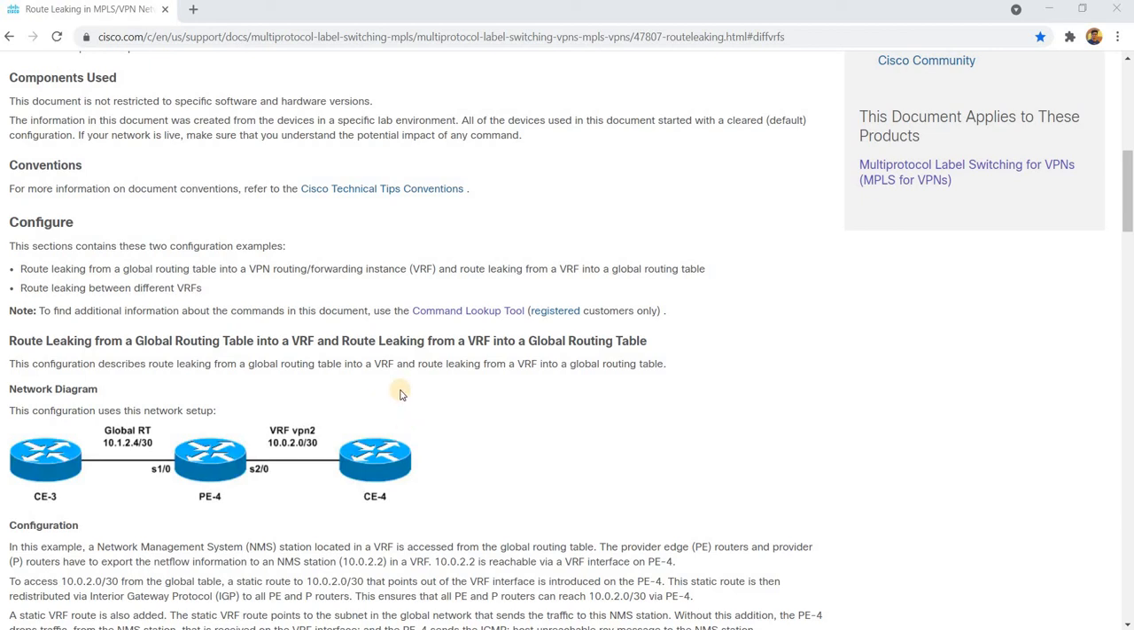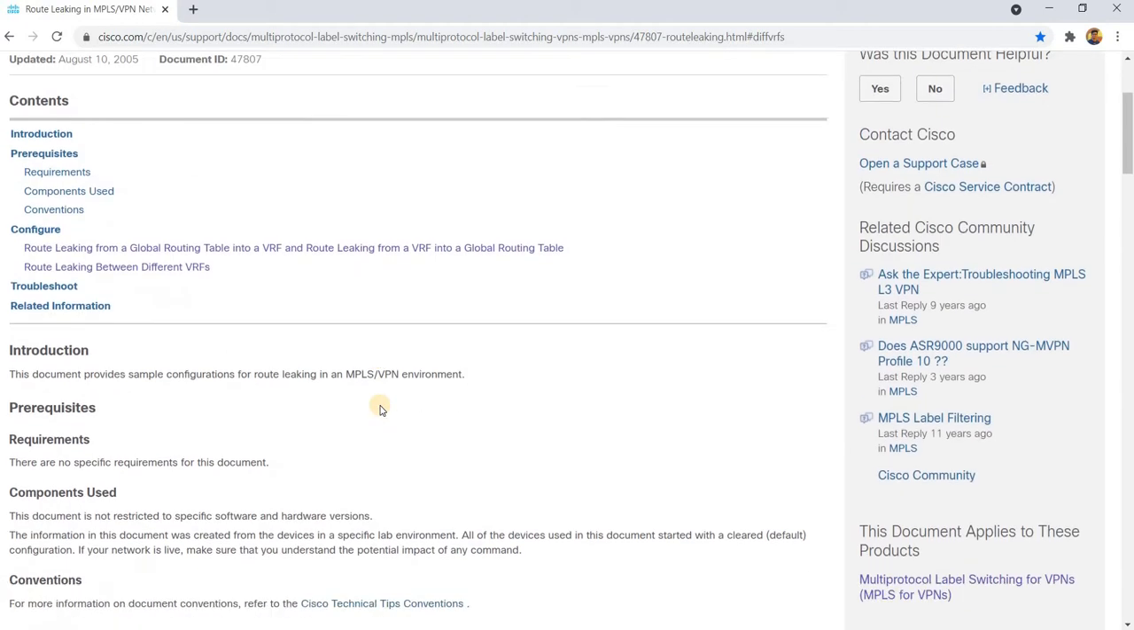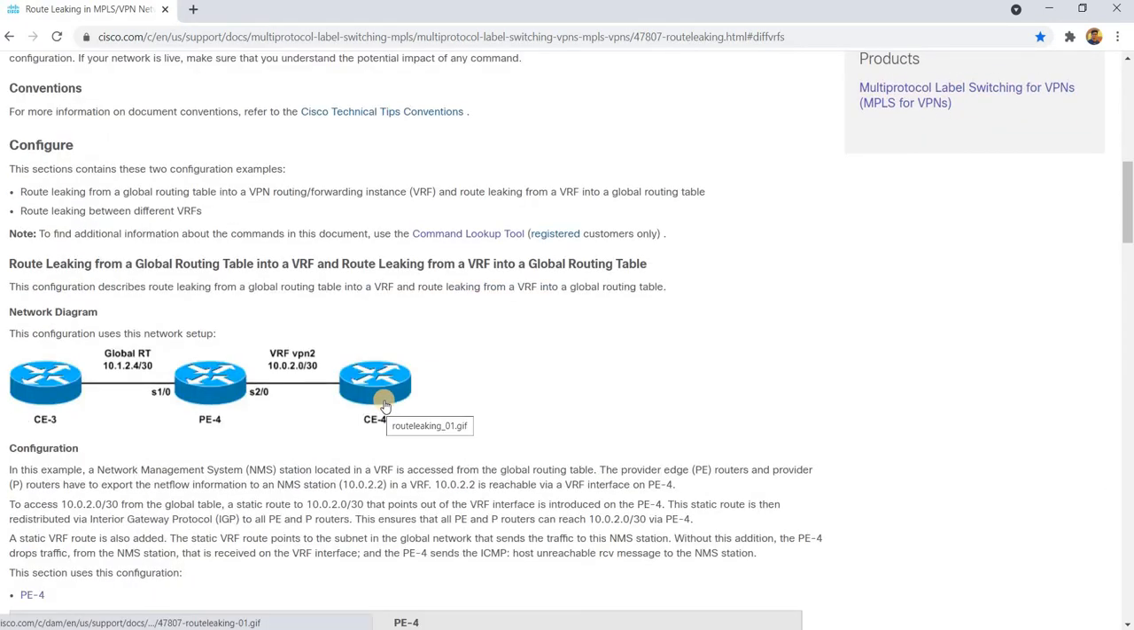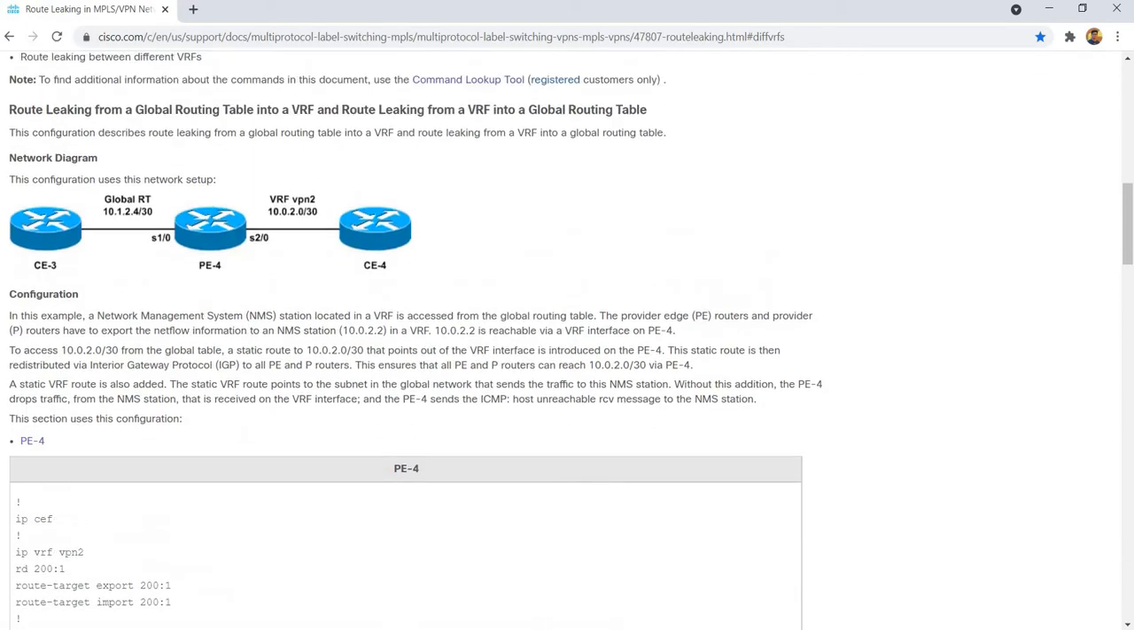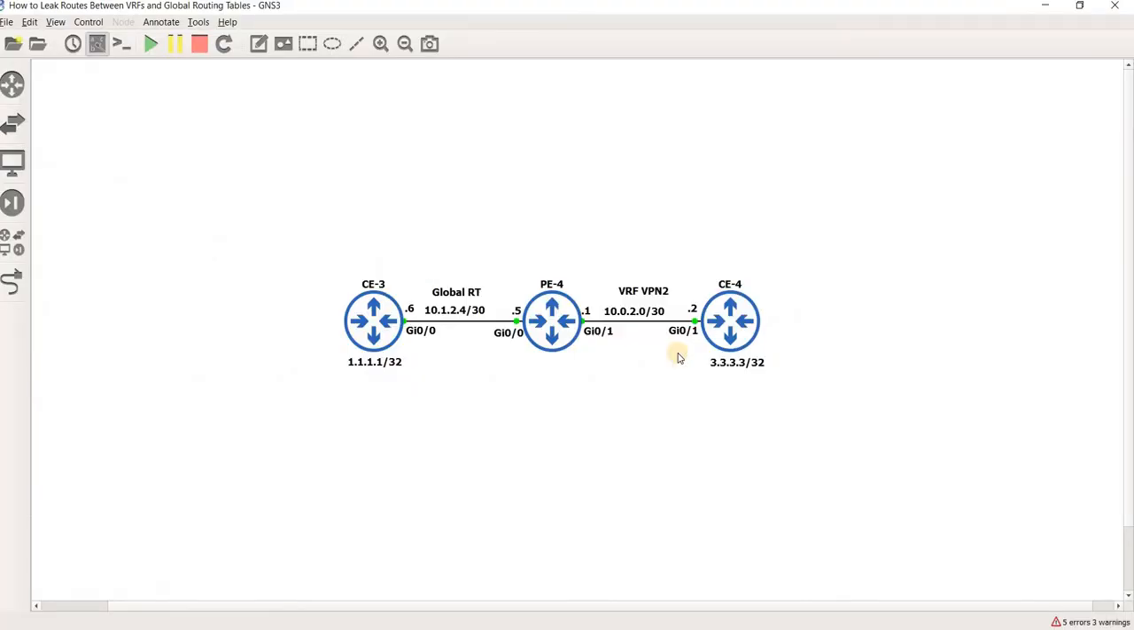Route leaking from a global routing table into a VRF, and route leaking from a VRF into a global routing table. I'm going to talk about this document from cisco.com. So I have almost the same topology in GNS3,